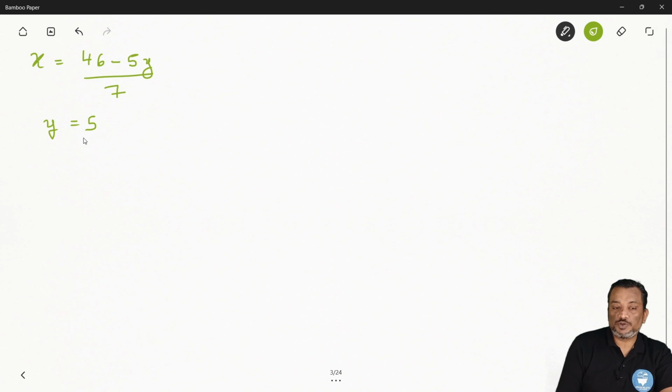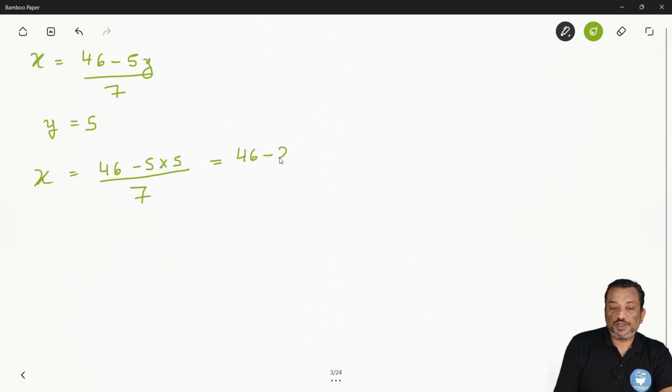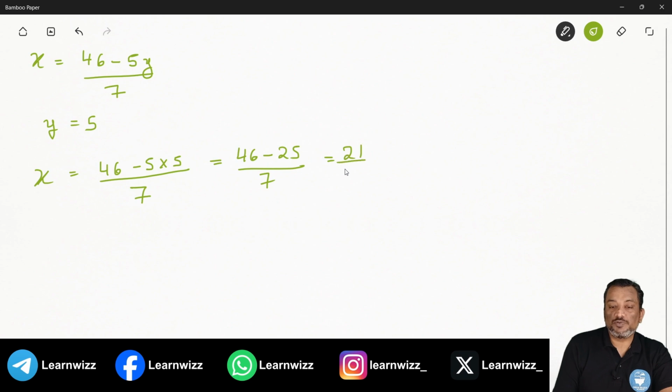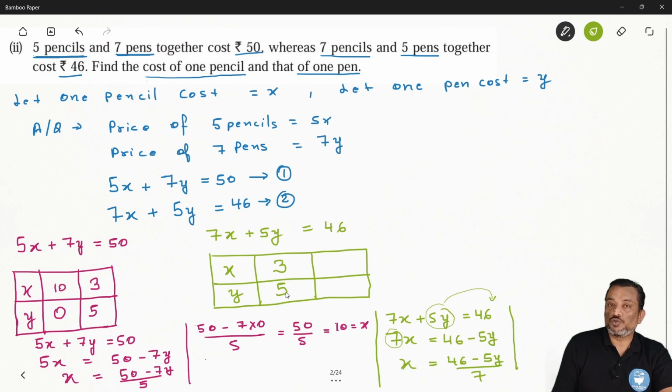we substitute this one, so we can say x is equal to 46 minus 5 times 5 over 7 है आपका, so you can say this is 46 minus 25 over 7, so ये आपको कितना मिलेगा, सब्ट्रैक्ट कर दो, so this one you will get 21 over 7, so which means x is equal to 3, so we will substitute x is equal to 3 here, okay, so when y value is 5, तो आपका x का वैल्यू कितना आया, 3 आया। तो आपका फर्स्ट सॉल्यूशन क्लियर हो गया।